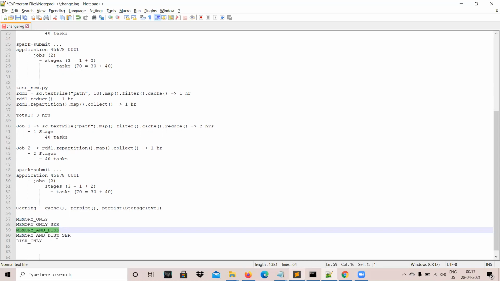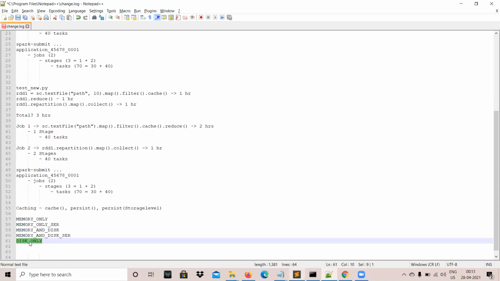Memory only, disk only. You know, like I am processing petabyte scale data, it's practically not possible to store the data in memory. Let's keep it in the disk only. Still you get extra benefit. Suppose you compute it, it takes 2 hours, and you compute it and persist into the disk. So reading and writing disk, it may take only a few minutes. Still you can get the performance of a caching level operation, isn't it? So these are a couple of points we need to keep in mind.